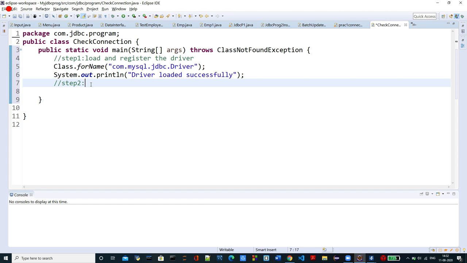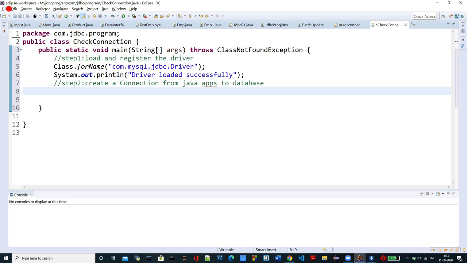So I'll create a connection from my Java application to the database using the connection object.